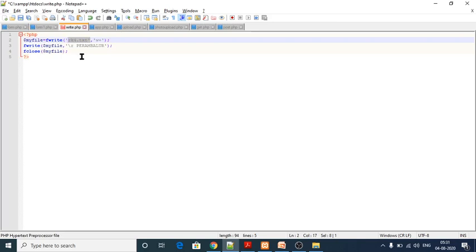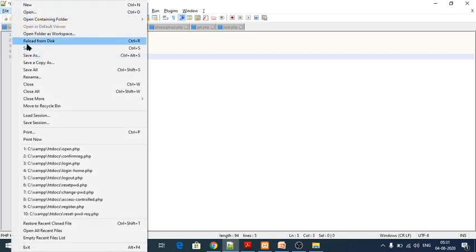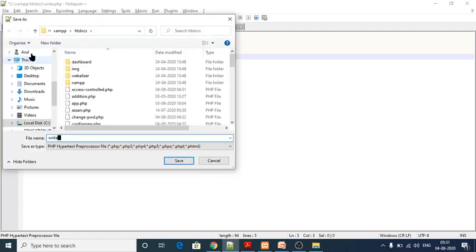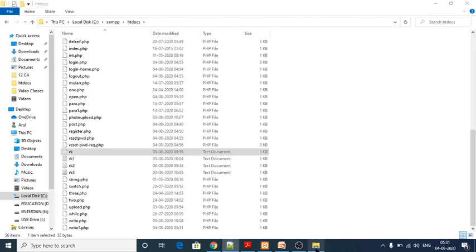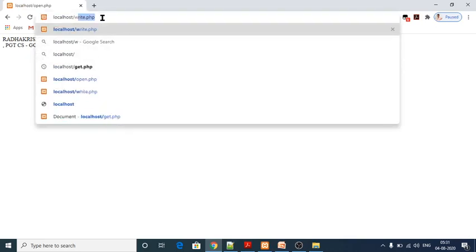Okay, so next I am going to save this one, save as write one.php. Yes, and again I'm going to open or execute this file write one.php.